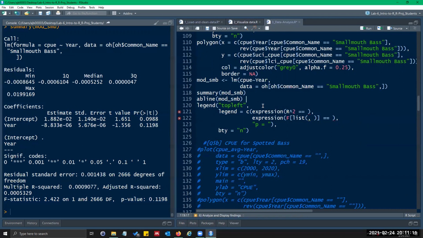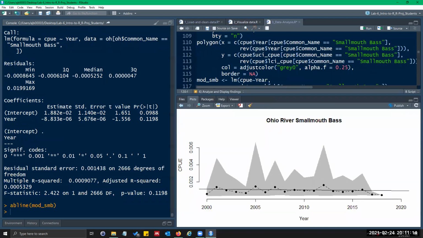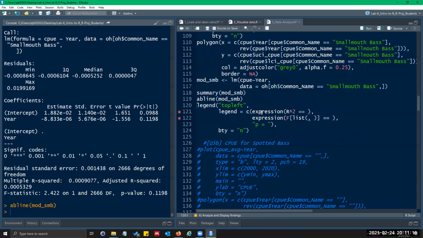We're just going to run that abline though anyway and put it in. And then we're going to do the legend, which we have to fill out. The R squared is 0.0005. The degrees of freedom are 1 on 2666.